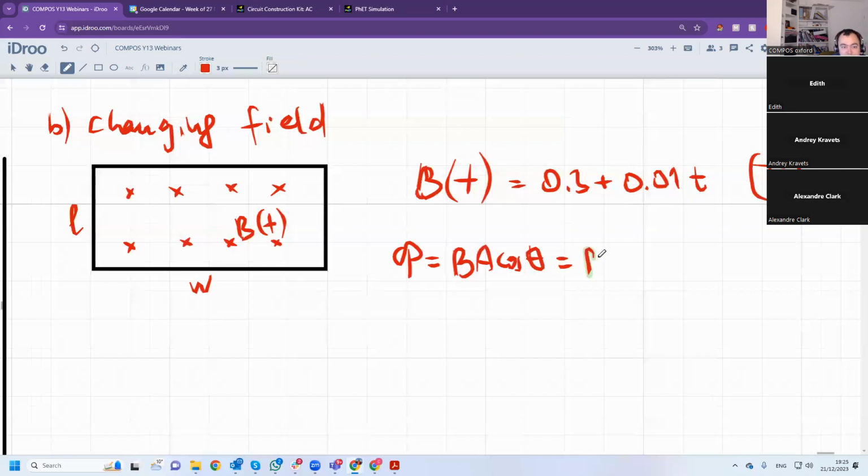So it's going to be B. Let's say W is 0.3 meters, L is 0.1 meters, and theta is 0 degrees. Theta is 0 degrees, so it's going to be B multiplied by A, which is L times W, multiplied by cosine theta, which is 1, which is 0.3,